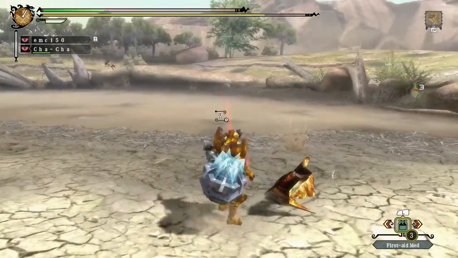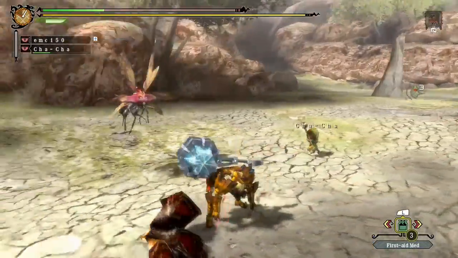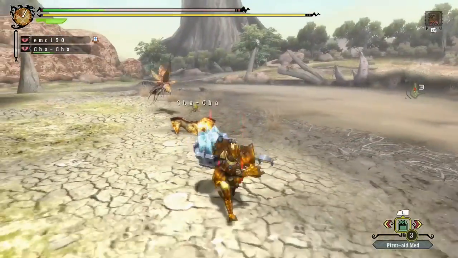Alright, so I'm going to get these carves. You can carve the ridge of his head if you knock it off. So fighting this guy with an impact weapon, you still get an extra carve if you...